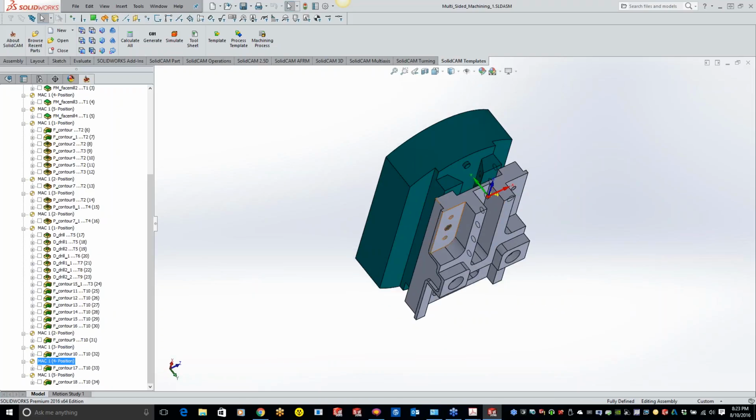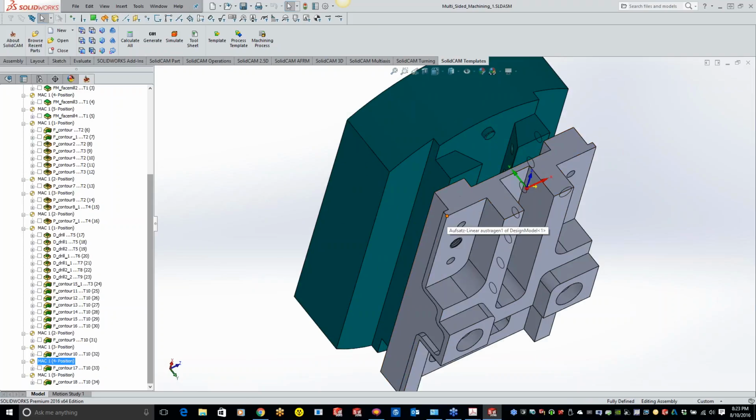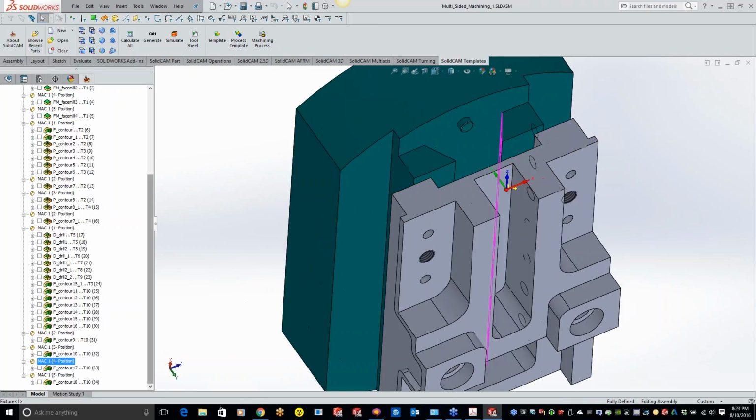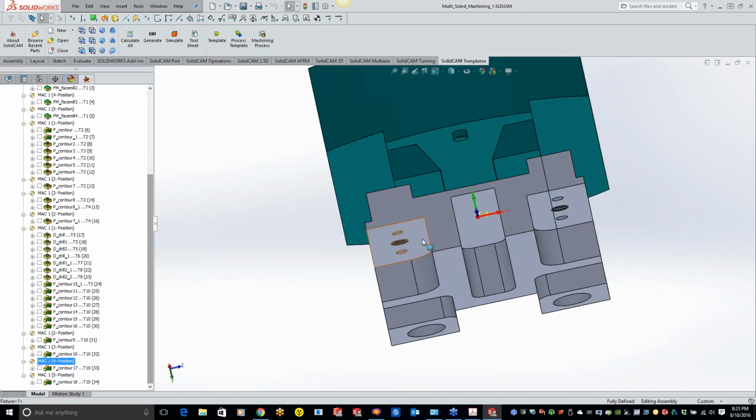But it doesn't matter where you put the coordinate system. If we want to, I can move that over to the far left side, and it's still going to know. The only thing is, instead of probing to find the center, as right here where we could probe a hub to find the center and then a distance up, we would just probe this little point and this little point to find our XYZ 0.